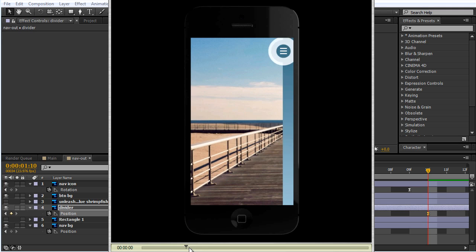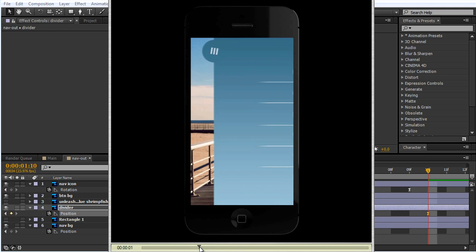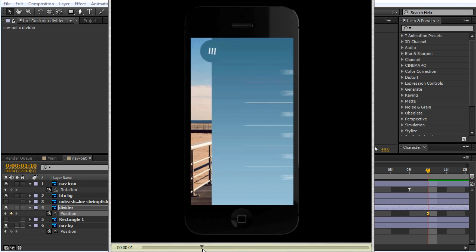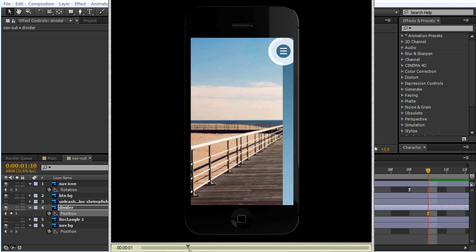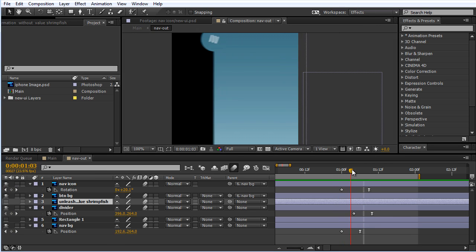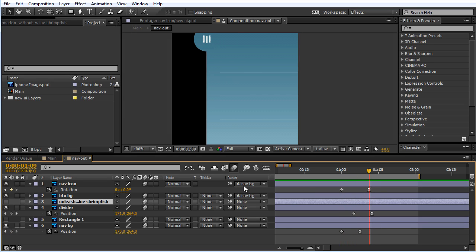So we've got our background, it's going to pop out, and now we can see our divider lines are going to pop in afterward. So that's the part that we're animating right now. So it's essentially doing the exact same keyframe animation, just a little bit delayed. All right, so now that we kind of have the divider animated with the delay,